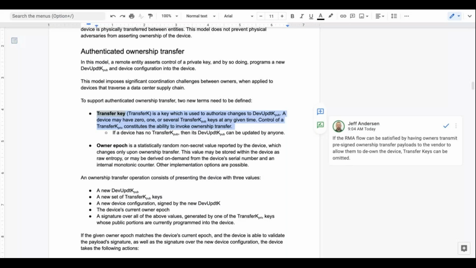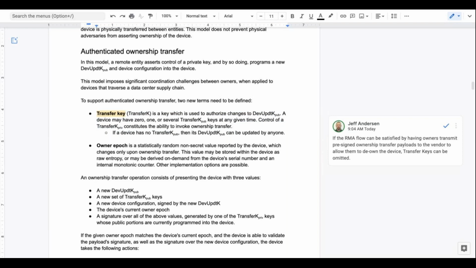And then as the owner of the device, you would install the transfer key, pre-provision the transfer key upon bringing it into your data center, with the idea that I control when this could happen because I decided to put this key in there. Exactly. Similar to how in other versions of ownership transfer, I decided to flip that reversibility bit on. This is just a different version of that. I decided to put the vendor's key in here. Okay.